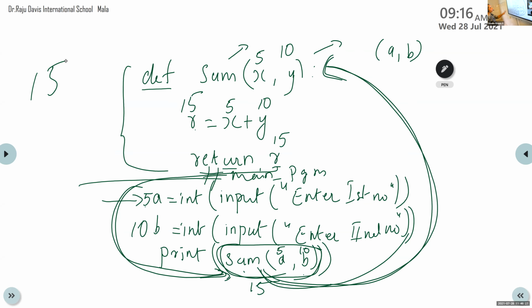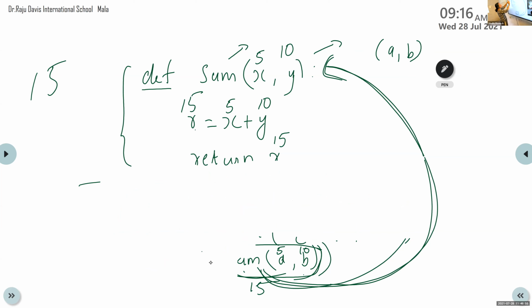Only four operations: plus, minus, star, division. First we want to define four functions. First function def sum, then its function body. After that def subtract, function body, then def multiplication, function body. Return statement is also there.